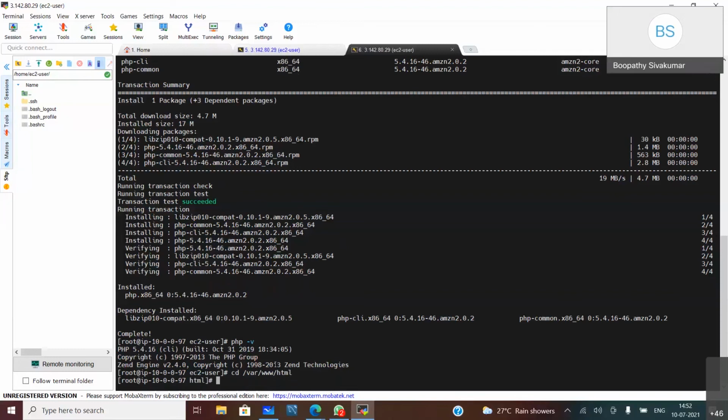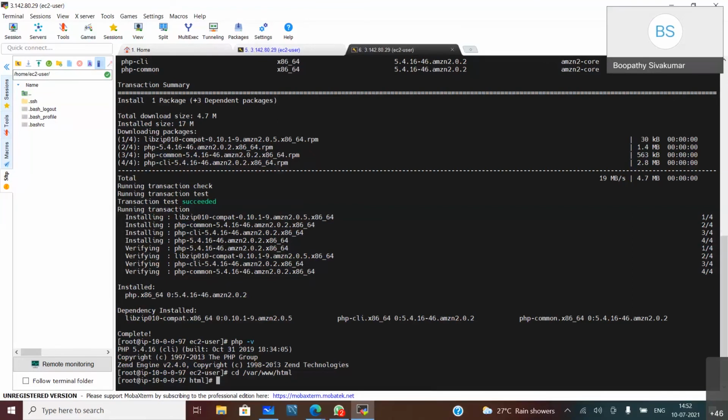When you install an Apache server, this particular folder will be created automatically by Apache while you are installing it. When you are using an Ubuntu system, this particular path may vary.